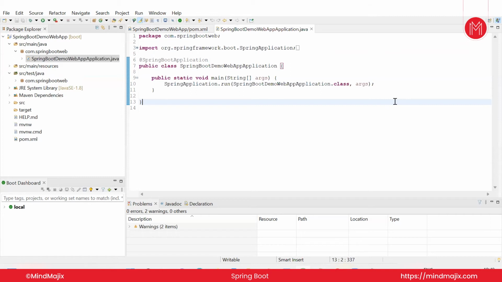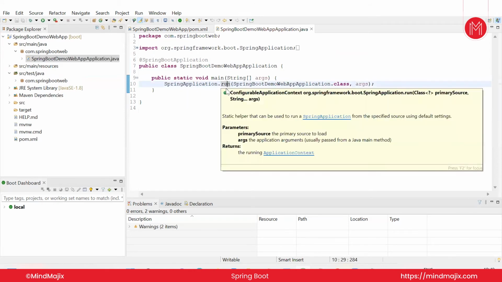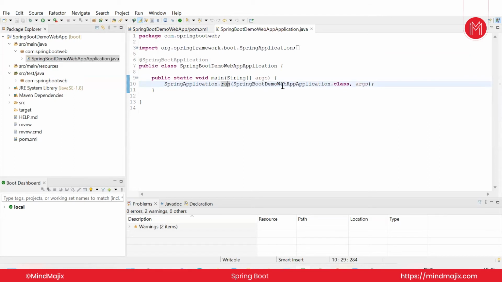In this main method, please observe that you run your entire application by the method SpringApplication.run, with the Spring Boot demo application class and arguments. So we can run it as a regular Java application. But what is our requirement here? We need to create one simple